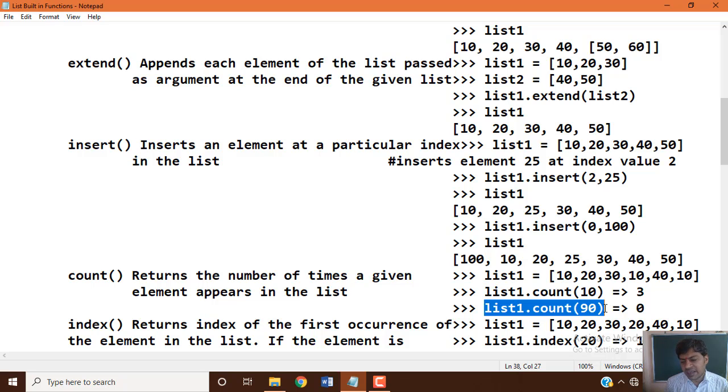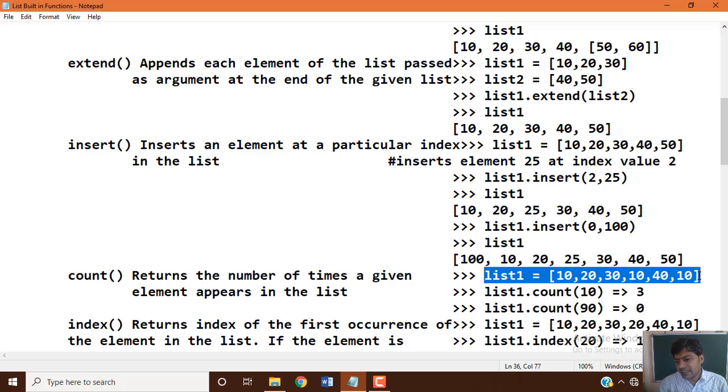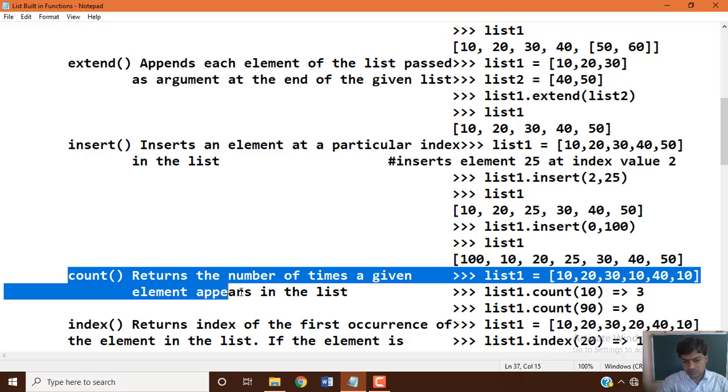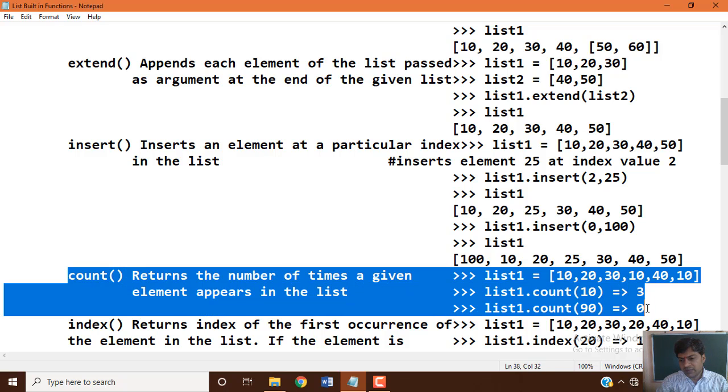The output is 0, because in our list the value 90 doesn't exist. That is how the built-in function count works. It tells us the total number of times a particular data item or value is repeated, in the list concept in Python programming.